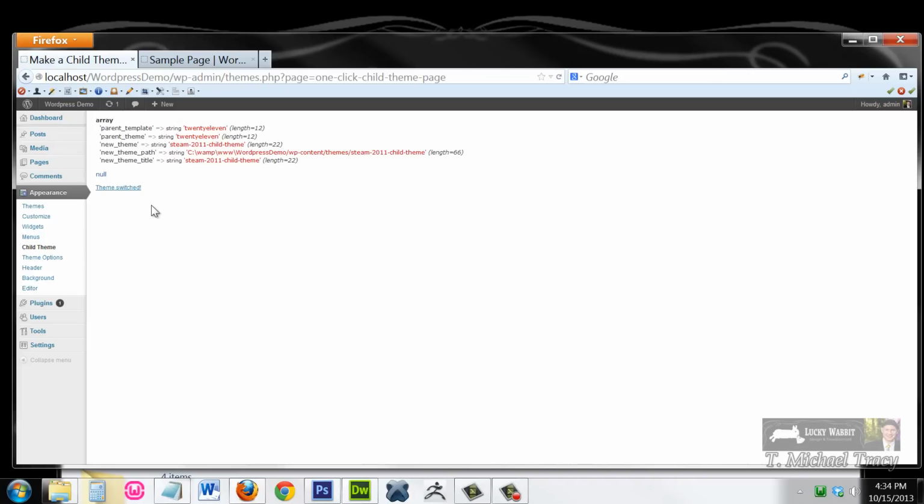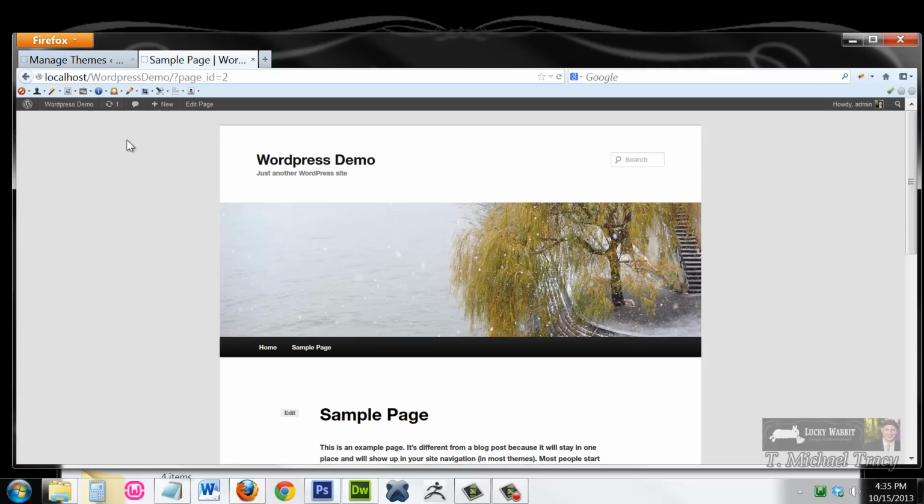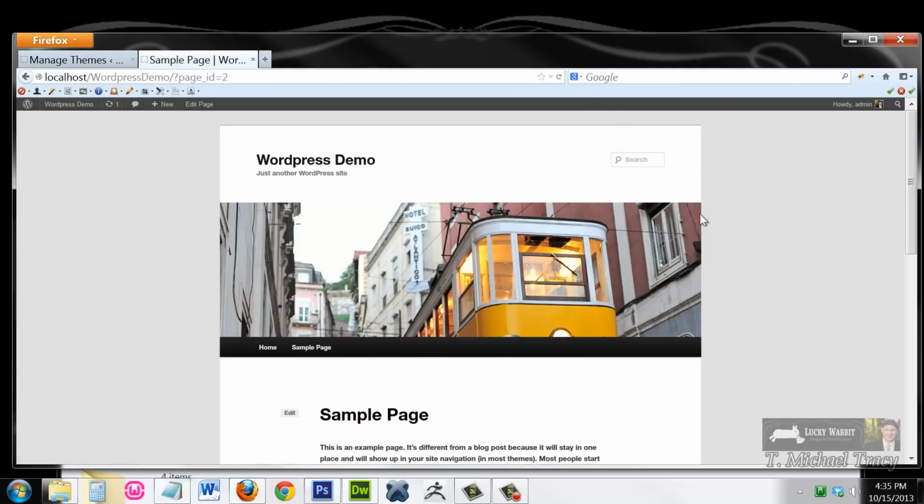And right here, after I click child, it goes through an operation, and then at the very bottom it says theme switched. That's what we're looking for. Come back over to the themes area, and we will see that our active theme is now Steam 2011 child theme. And our 2011 has been bumped down into an available theme that is inactive. If I take a look at our WordPress site, nothing has changed at the moment because we haven't customized our